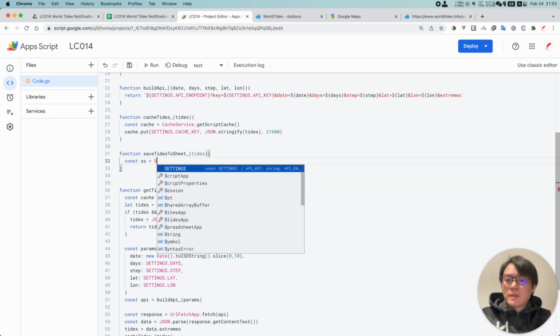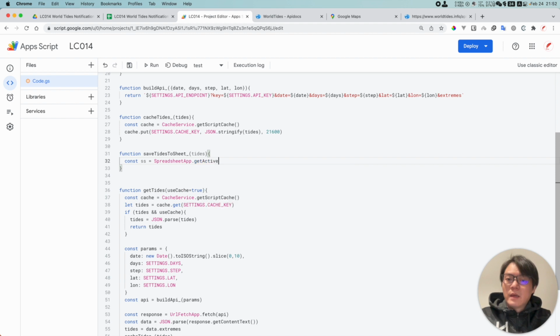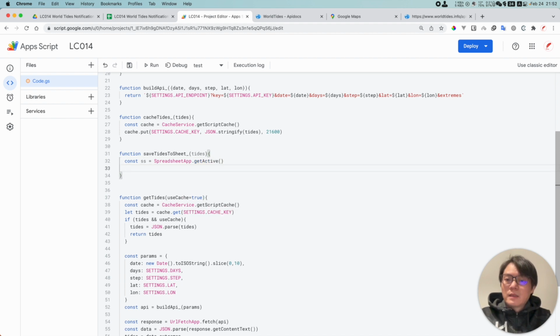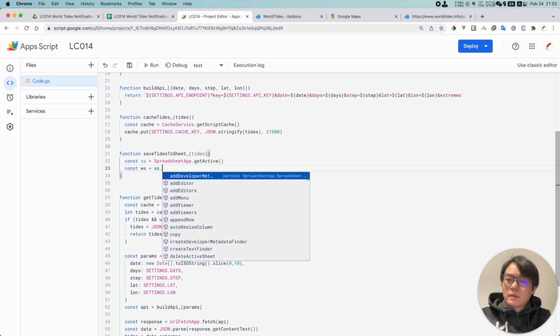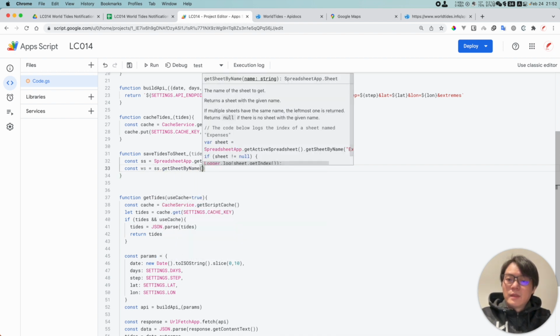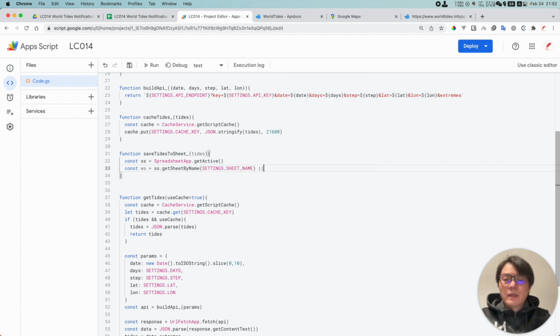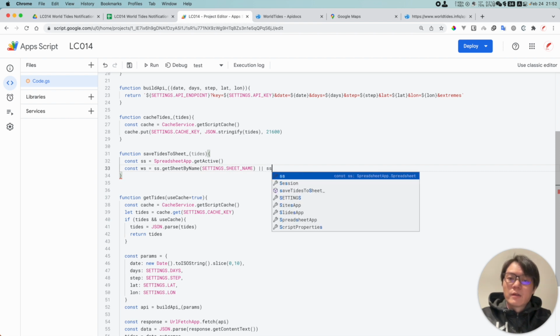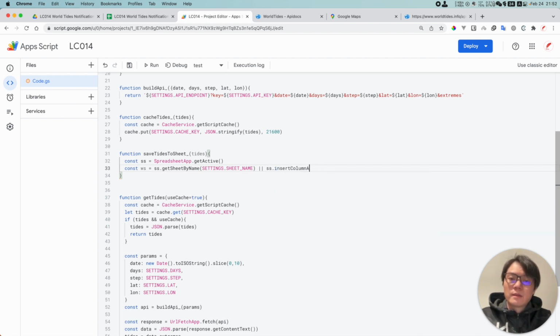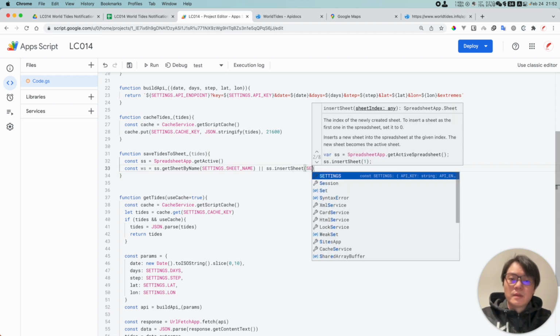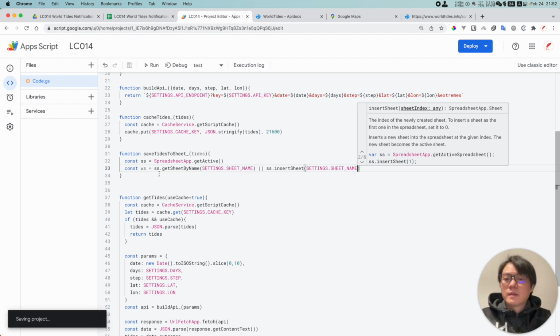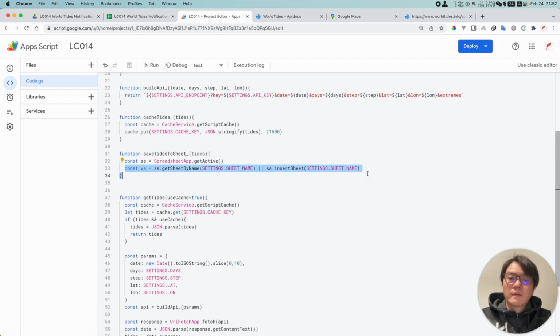spreadsheet is going to be SpreadsheetApp.getActive, and to get the worksheet, it's const worksheet equal to getSheetByName. So the name is going to be settings.sheetName, and if we cannot find this worksheet, I'm going to create a new one, right? I'm going to insertSheet with name settings.sheetName. So this is going to make sure we're going to have a tab like this,